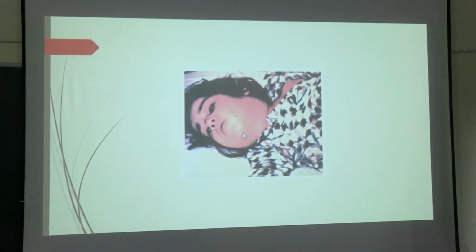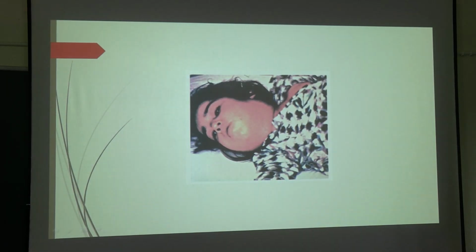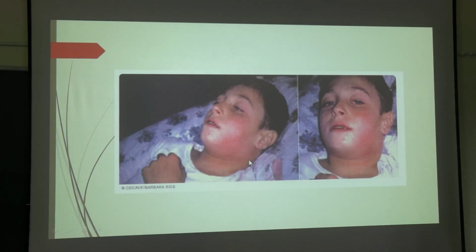Now see this picture. This is the picture of bull neck. See, the neck has become swollen, right? See another one. Yes, it can be, definitely. You cannot clinically differentiate it from diphtheria or other causes just by seeing the patient. But the patch, relative lack of fever and the other features will help you differentiate between the two. If you look from a distance, you will not be able to tell by seeing a patient. Now see this picture. See, there is cervical lymphadenopathy. Do you understand? This area is swollen, this area is swollen.